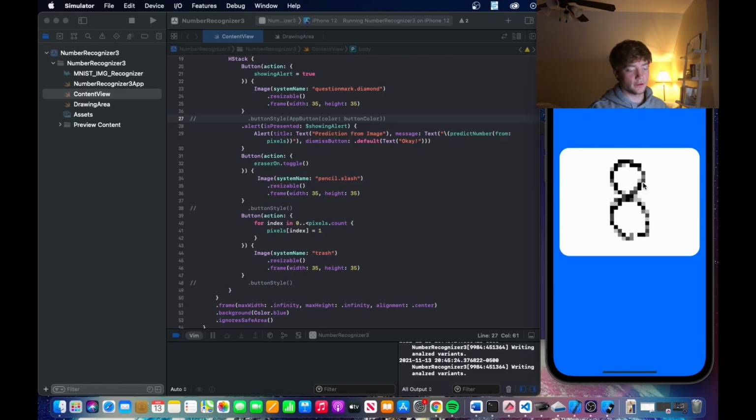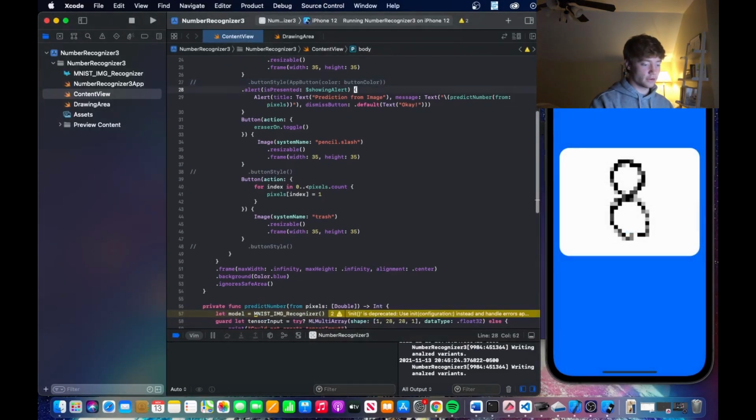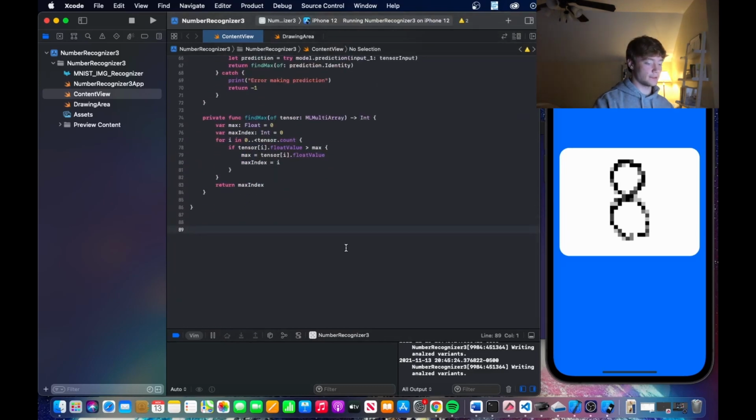Okay, I think that should be good for an 8. And yeah, prediction from image, 8, perfect. So, our code is working, we know that everything is working, except the styling is pretty bad, let's be honest. So, let's improve that. The first thing I want to do to really improve the styling is make these buttons